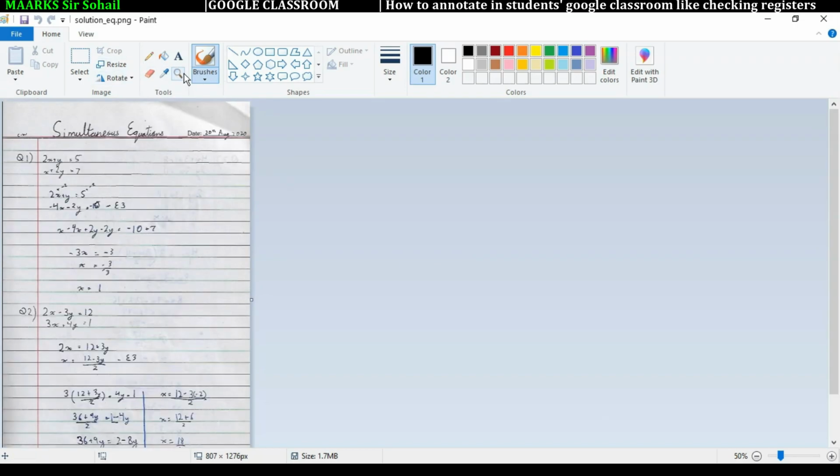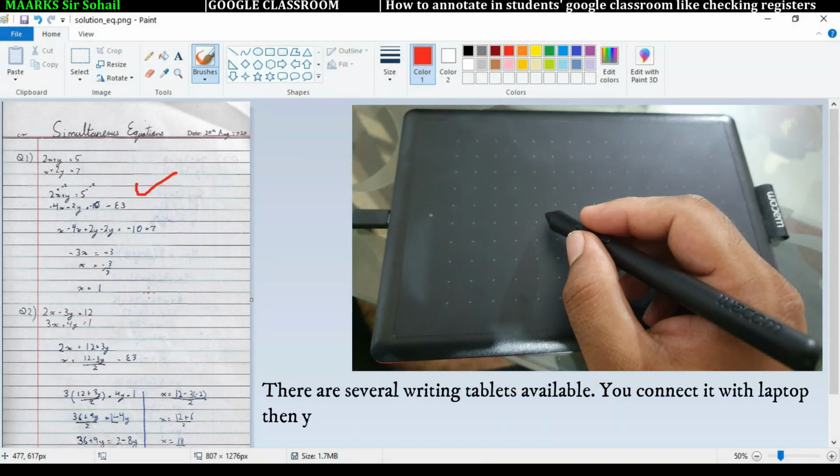And you can do the same thing here. You can take a brush from here, increase the thickness from here, and take any color you like, and then you can put the tick here. Or if you want to write anything, and if you have a Wacom tablet or any other writing pad, then it will be really easy for you.